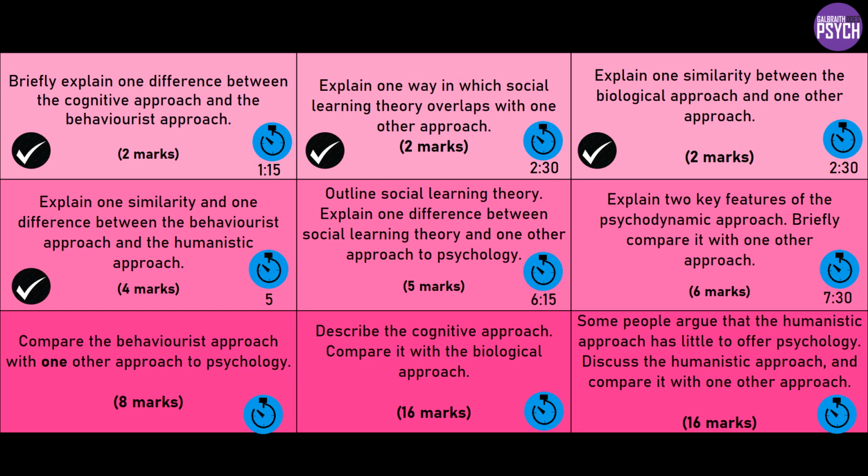Outline social learning theory. Explain one difference between it and one other approach. So, this could be maybe a 3 marks of knowledge plus 2 comparison, or 2 plus 3, it doesn't really matter, but the key thing being we need to cover both of those skills. So to outline social learning theory,